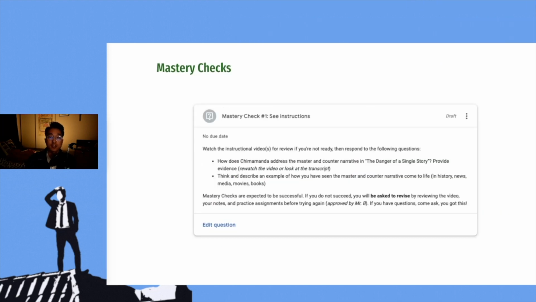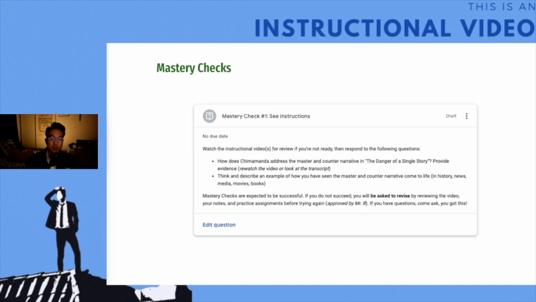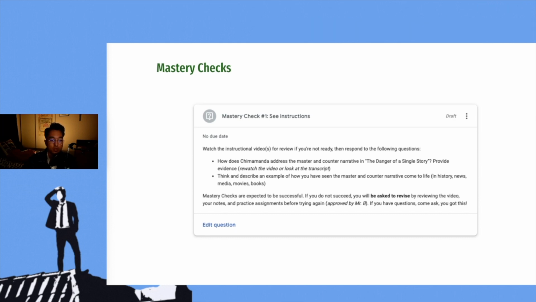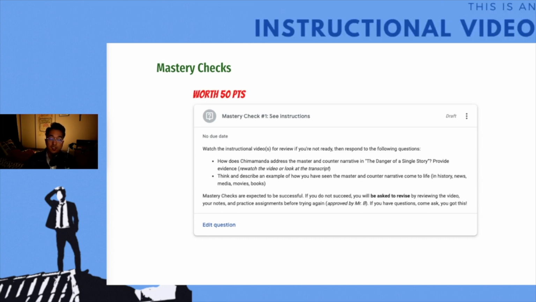All assignments in this class are worth 10 points, except for mastery checks, which will be worth 50 points, and then essays and projects will be worth out of 100 points. So missing or not completing a mastery check can really affect your grade. Mastery check number 1 over here has a written prompt based on a reading that we did about master